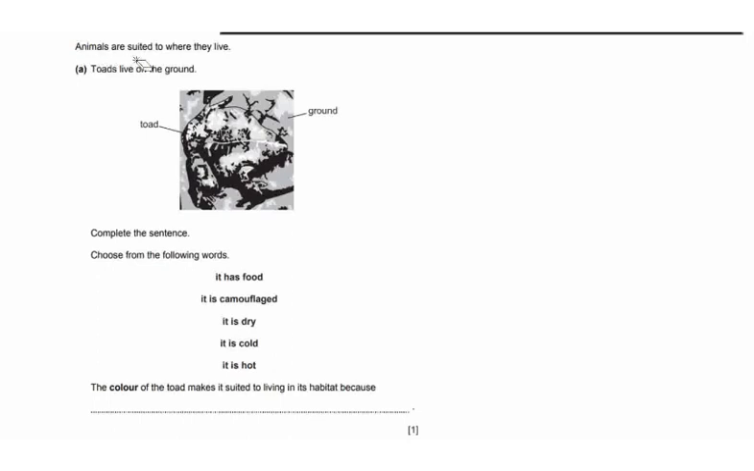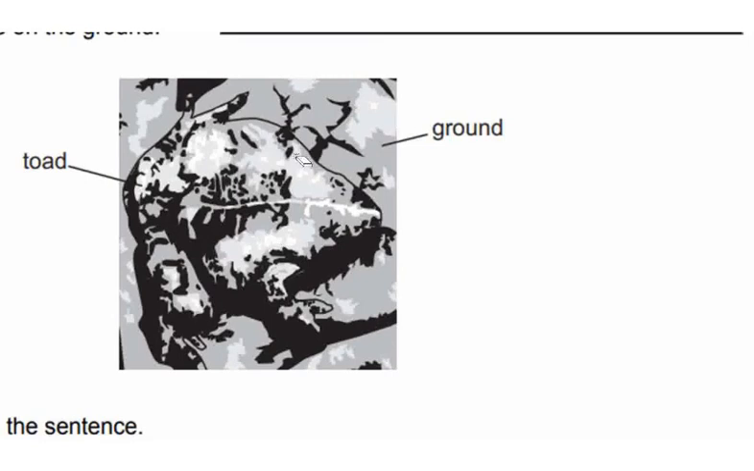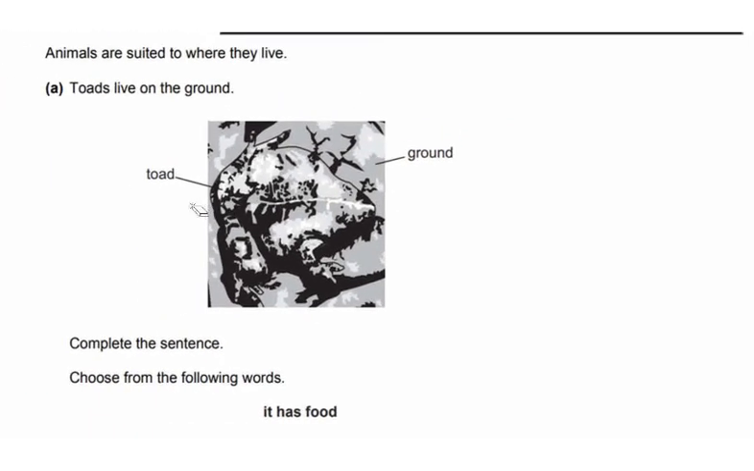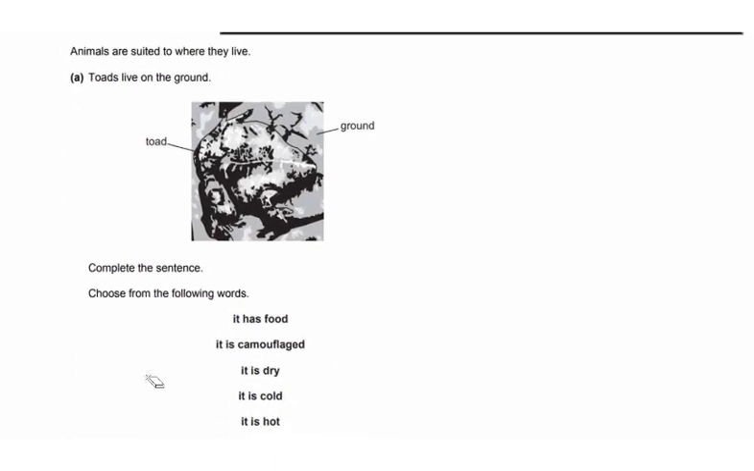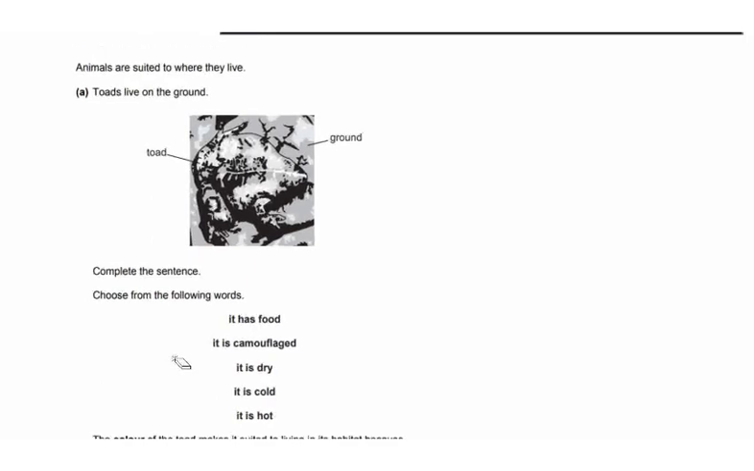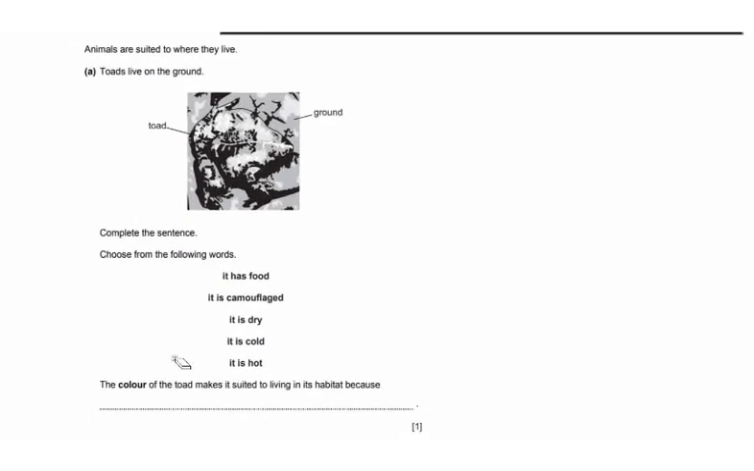Question number 1. Animals are suited to where they live. Toads live on the ground. So here's a picture of a toad. Bigger. This is the toad and this is the ground here. Complete the sentence. Choose from the following words: it has wood, it is camouflage, it is dry, it is cold, it is hot. The color of the toad makes it suited to living in its habitat because